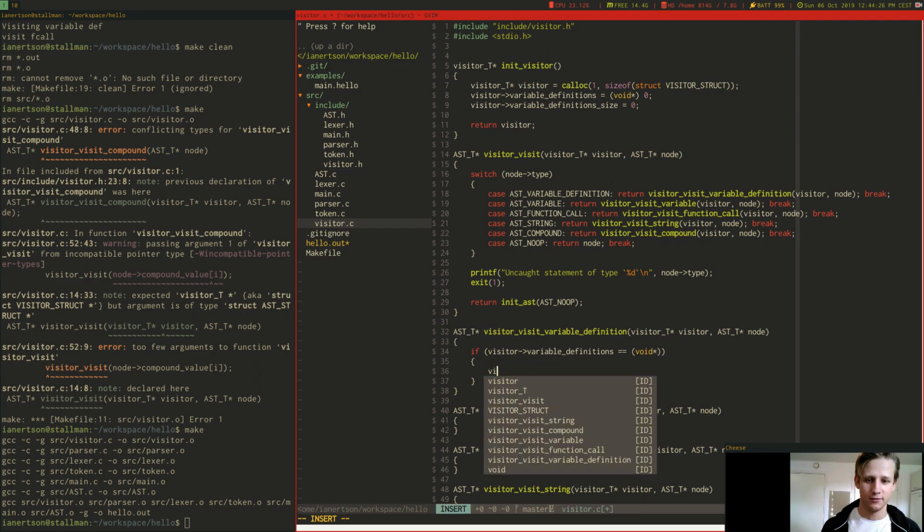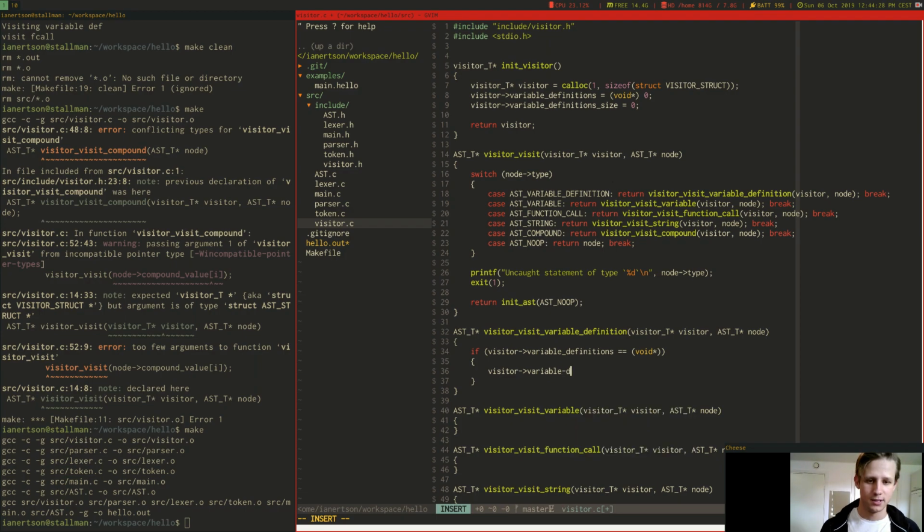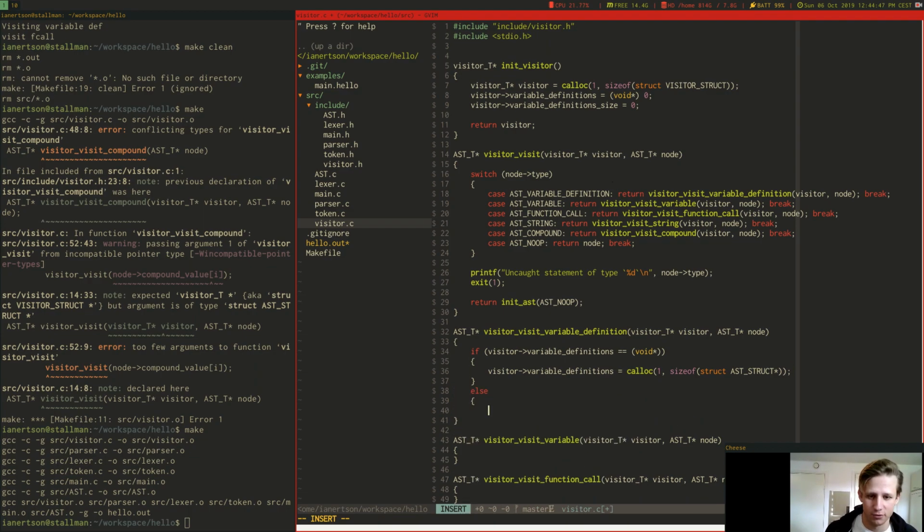Then visitor variable definitions is equal to calloc 1 sizeof struct AST struct pointer. And otherwise, if it isn't a void pointer, then we're gonna do